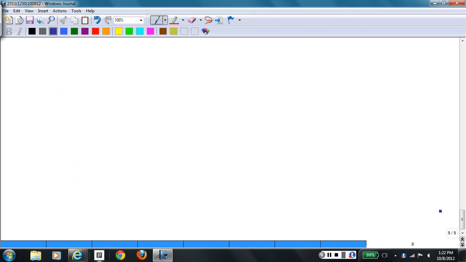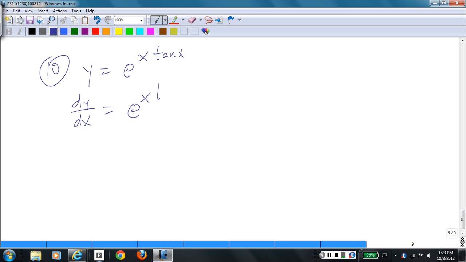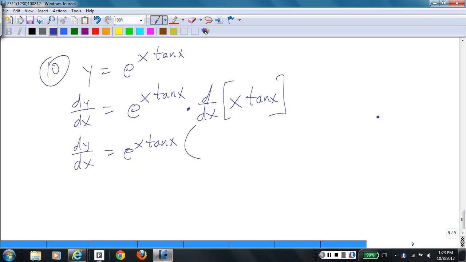e to the x tangent x. dy/dx there is going to be e to the x tangent x times the derivative of x tangent x. So we multiply by the derivative of the exponent: e to the exponent times the derivative of the exponent. And the derivative of the exponent involves the chain rule. So dy/dx is going to equal e to the x tangent x times,